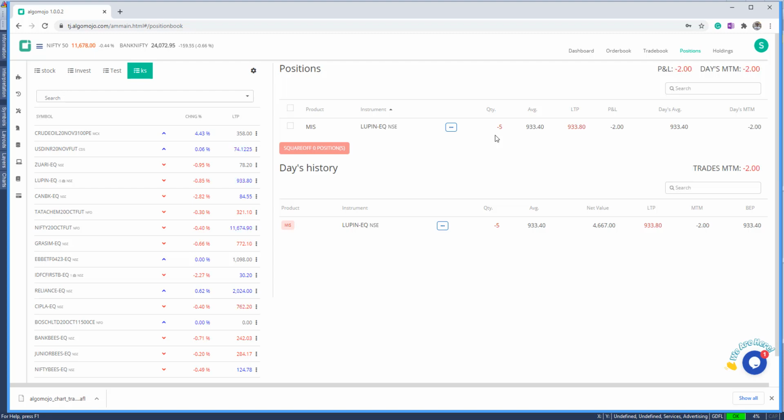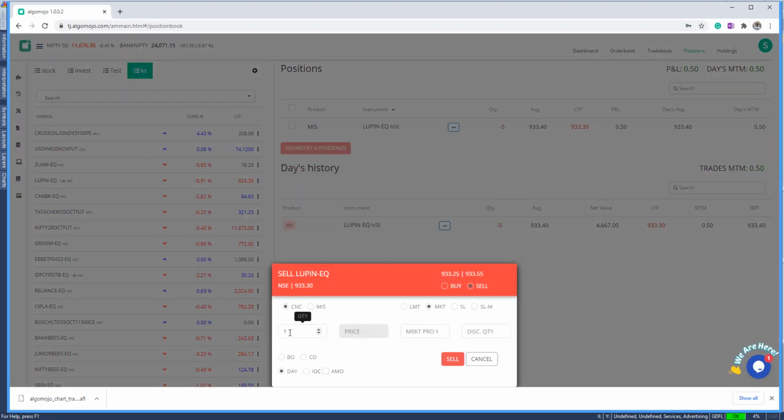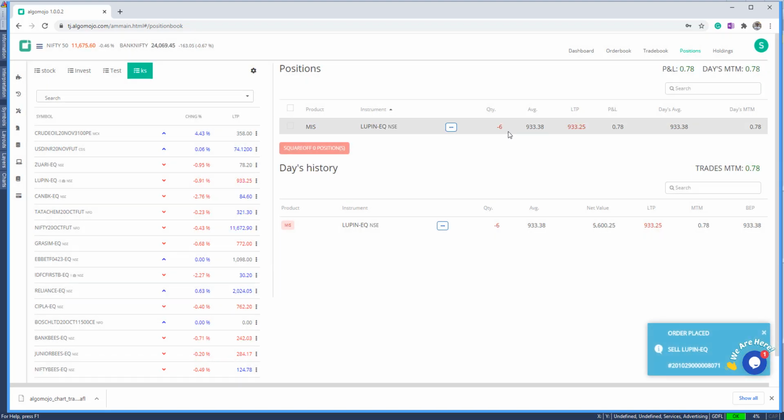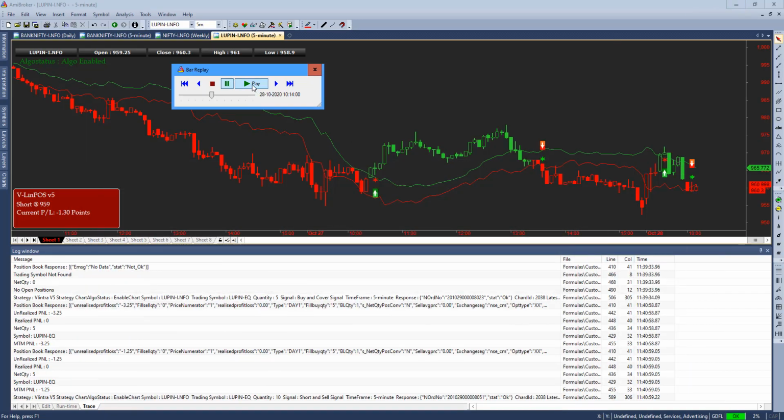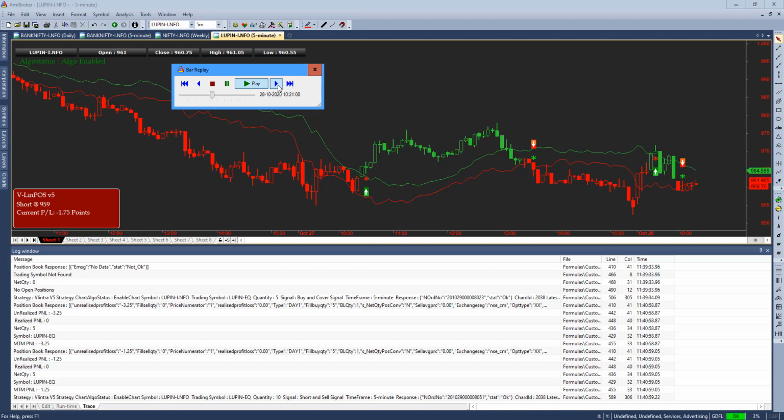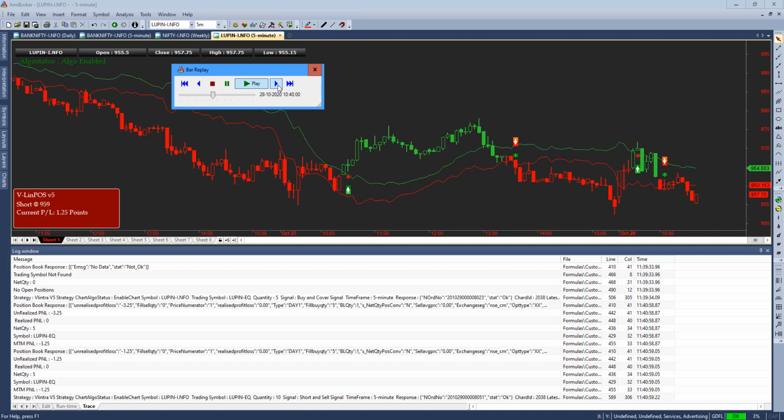Now let me do one thing. Let's say you're also trying to add more positions manually here. Let's say you're adding one more position. I'll add one more MAS position over here, so it becomes 6. So 6 shares have been added. Now if a reversal signal happens, it also comes with a warning. It also doubles the position, but it comes with a warning. It will always try to double, so it will try to take plus 10. Let's see the activity here. Let me push up a little bit, because anytime the buy signal can happen.